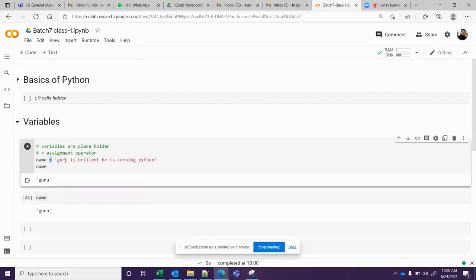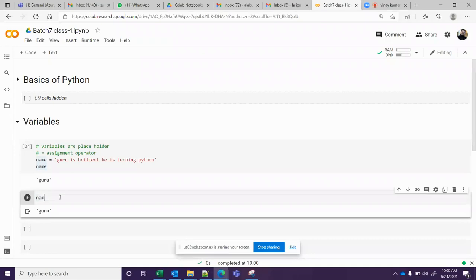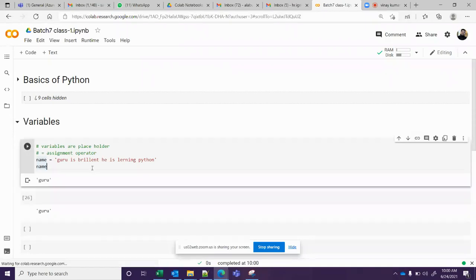So this is the assignment operator and this is a variable. Any question here? What are variables and what is the assignment operator? Let's go slowly, there is no rush. Even though it is a very simple concept, let's learn slowly over time so that you will not make mistakes and your concept will be clear. Clear?